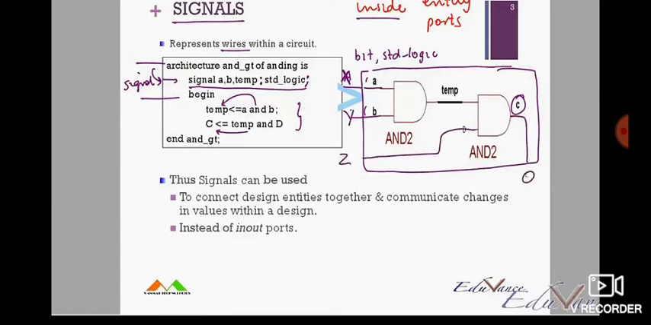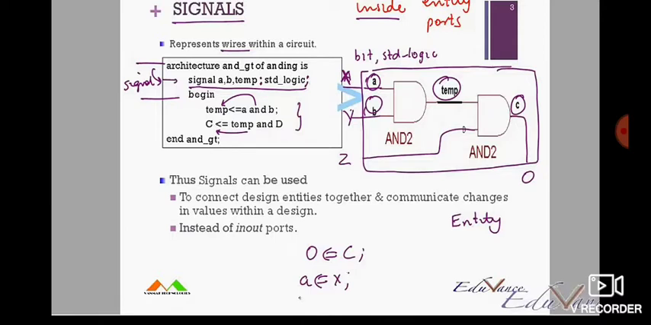So X, Y, Z, and O would be a part of my entity, but A, B, temp, and C would be a part of my signals. Of course, then I would also have to write that O is assigned C, A is assigned X, and B is assigned Y. All of these three statements will also be a part of my design, but I just explained to you an example that signals are used as internal connections